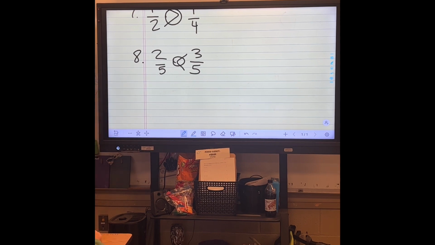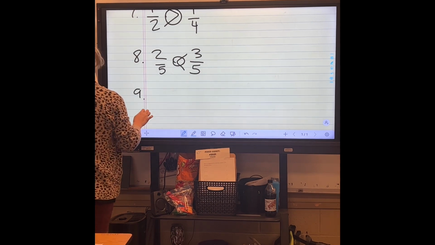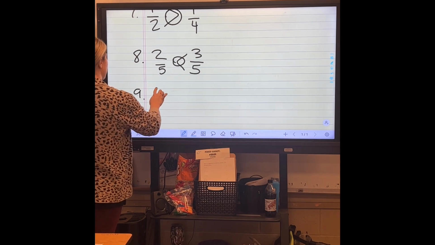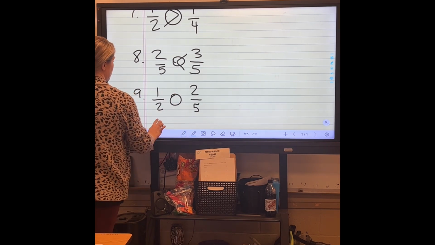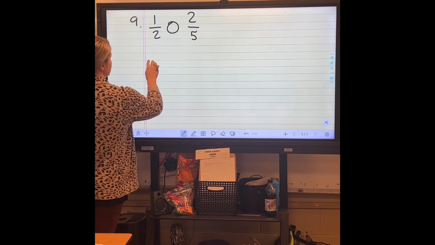Why? Because they're like fractions. The denominators were the same. They're like fractions. Good. Now, on number 9, they are not. I have 1/2 and 2/5. So you've got to come below number 9 and set up your